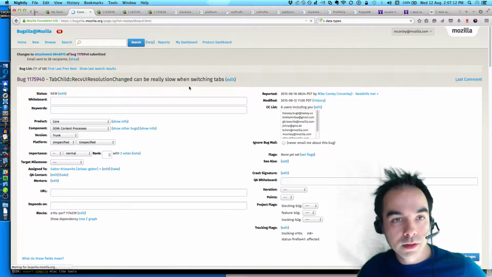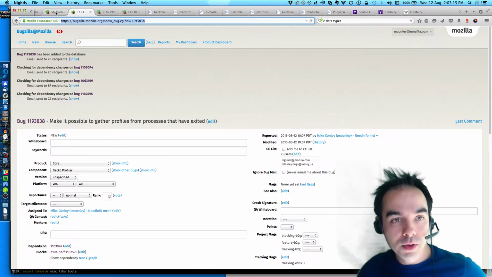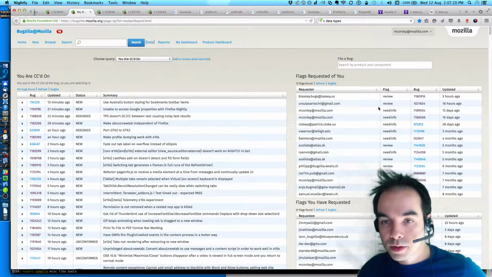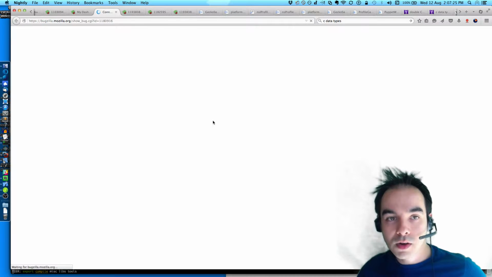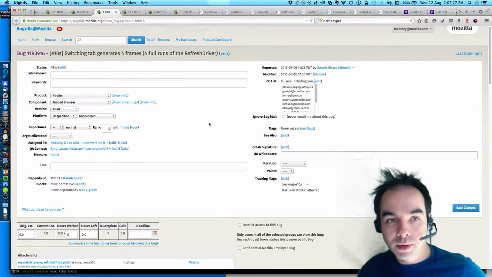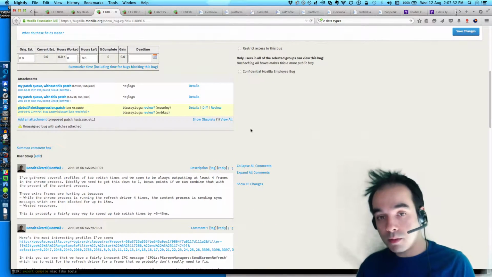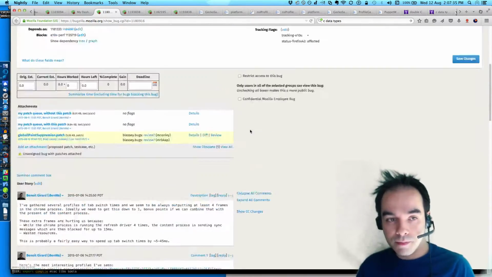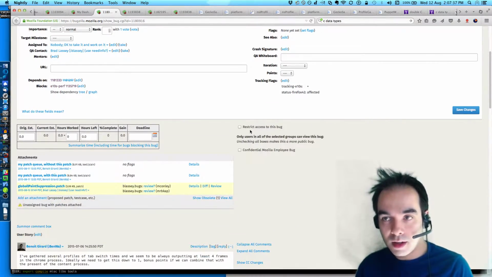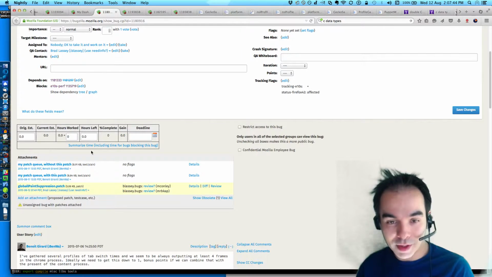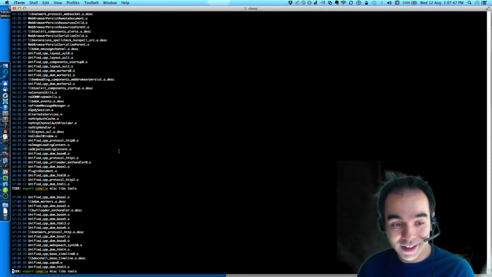So I reviewed one. Let's review another. I already have a dashboard open. Refresh. Let's see. Ursula's patch is humongous, so I don't want to get down that rabbit hole. This is a performance patch that will hopefully make tab switching with E10S faster, and it's particularly exciting. I'll try and explain how it works, because part of reviewing it is understanding how it works. I don't know if I fully do yet.